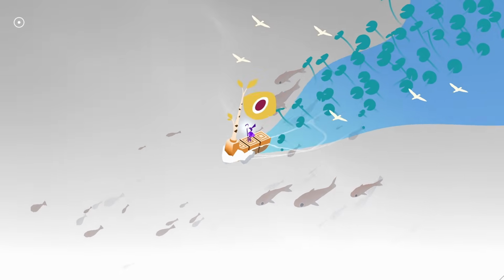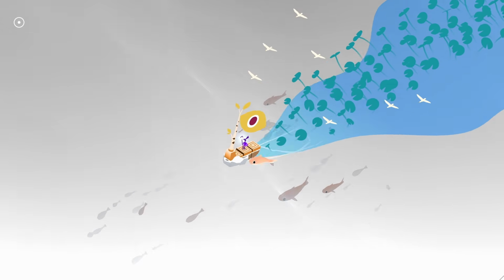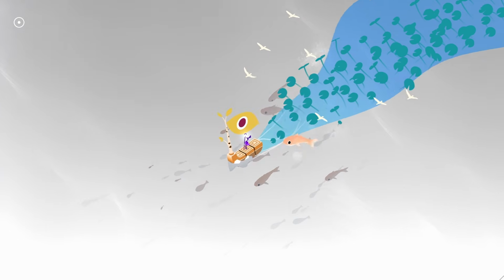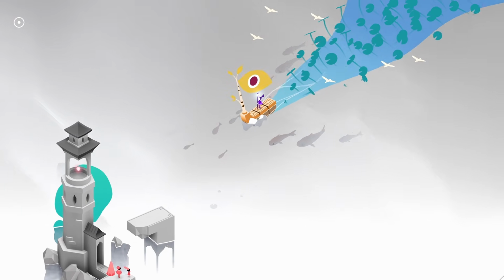Hopefully this has given you a small insight into the process of designing a Monument Valley level. I hope in whatever capacity it gives you the confidence that you could sketch out and make your own impossible level. If you've been enjoying the most recent game in the series, let me know down in the comments.